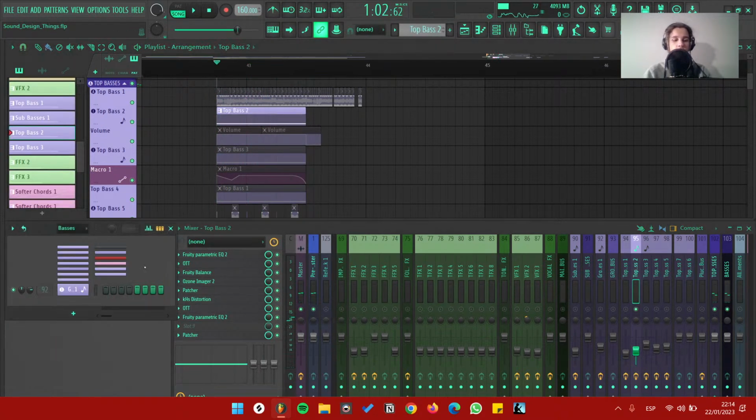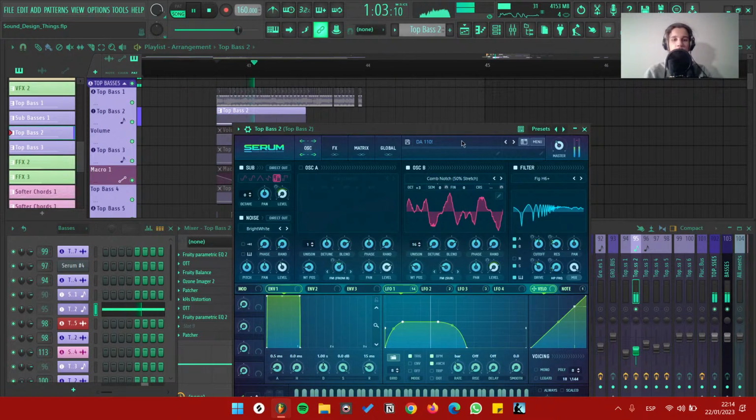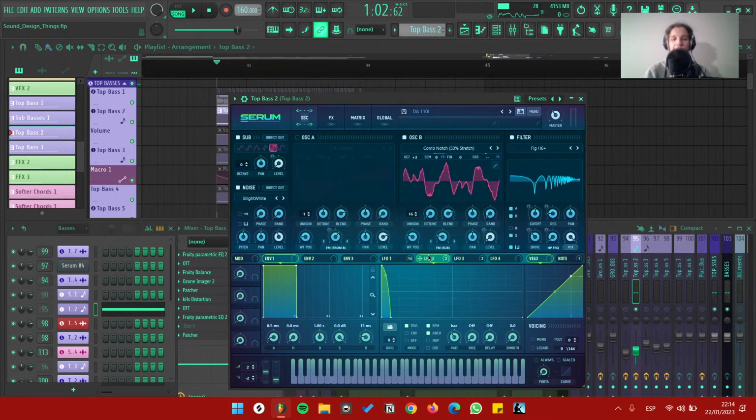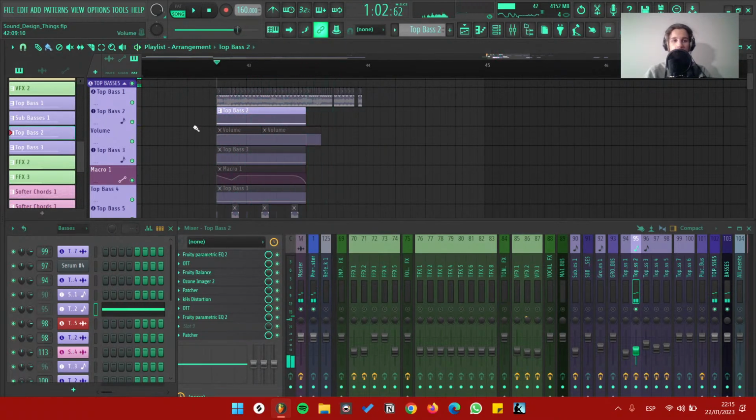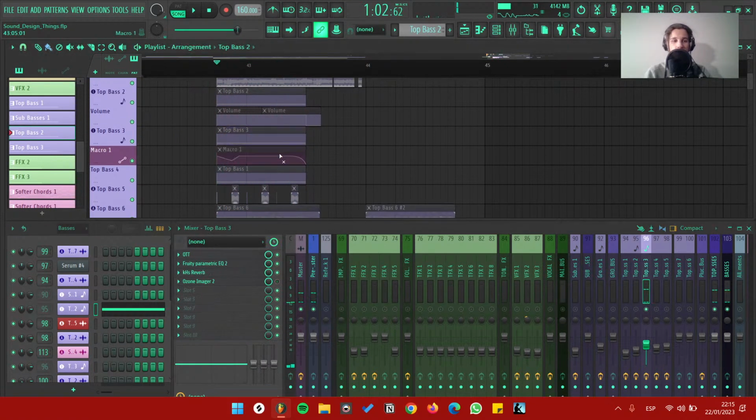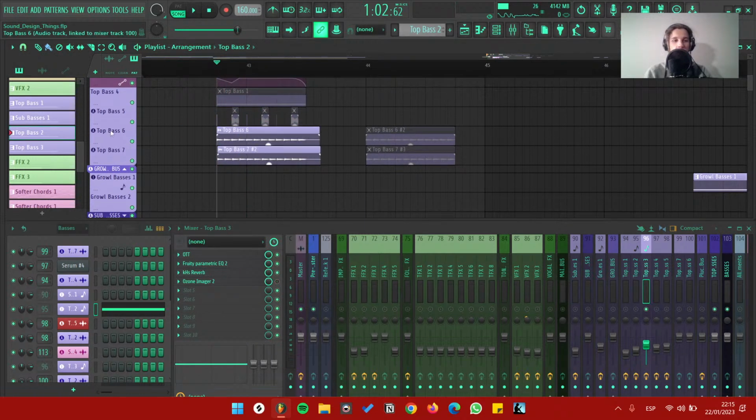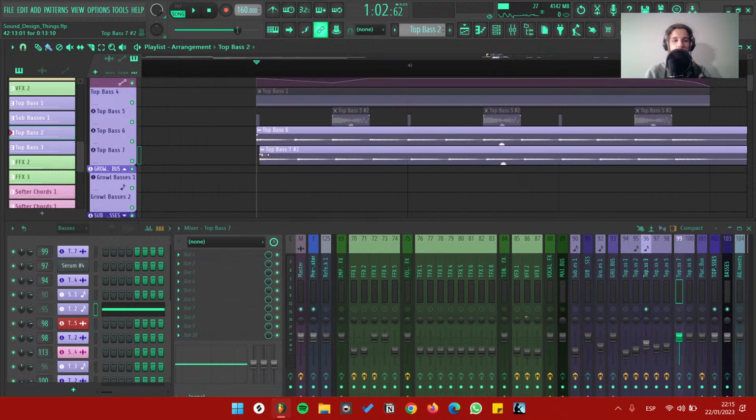Okay, guess what? This is a Serum. Oh yeah, this is a preset that I did quite a while ago. I think I did this when I was starting music production, and I just messed around with this preset. And what I did, I think I just resampled it. And I resampled it twice, and I created this kind of house effect, which is like you just put one sample a little bit forward, and you kind of have this spacey